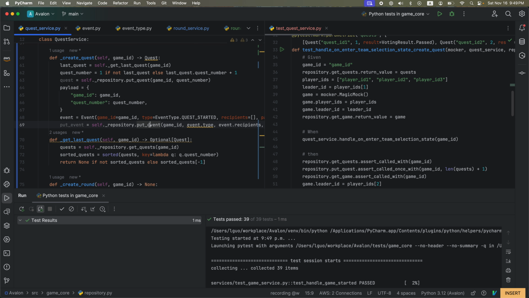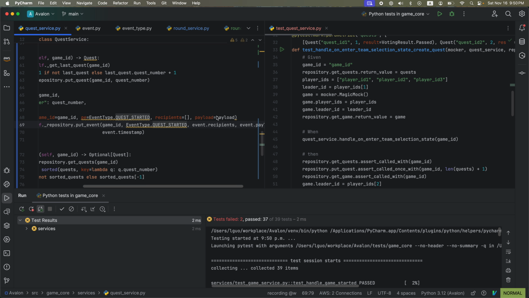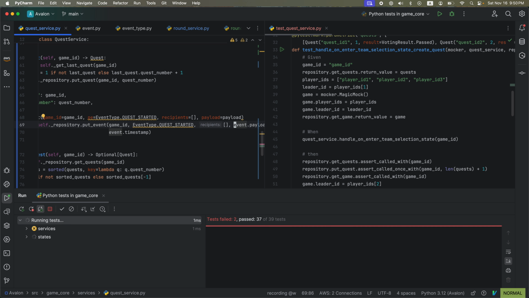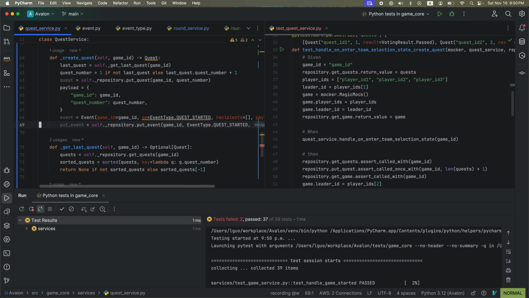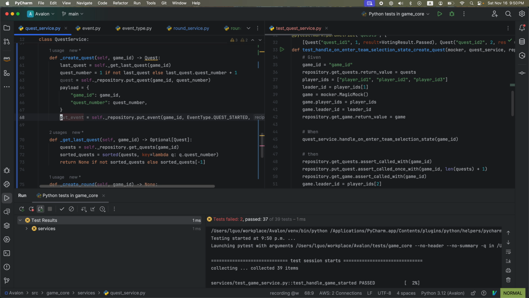Event type, recipient. Okay, this is pretty good. Event just type, recipients, payload and okay, so now